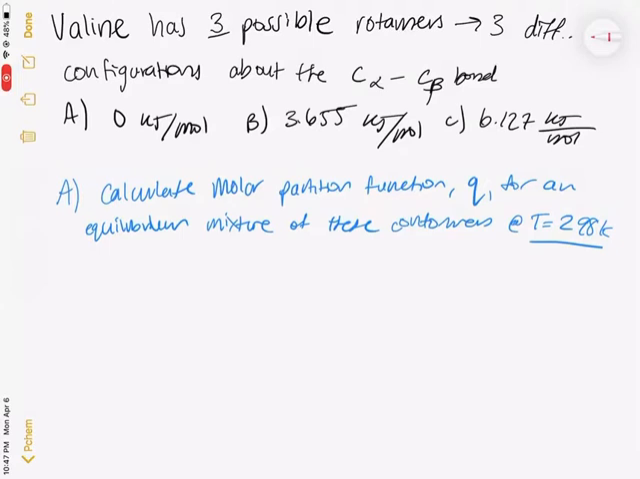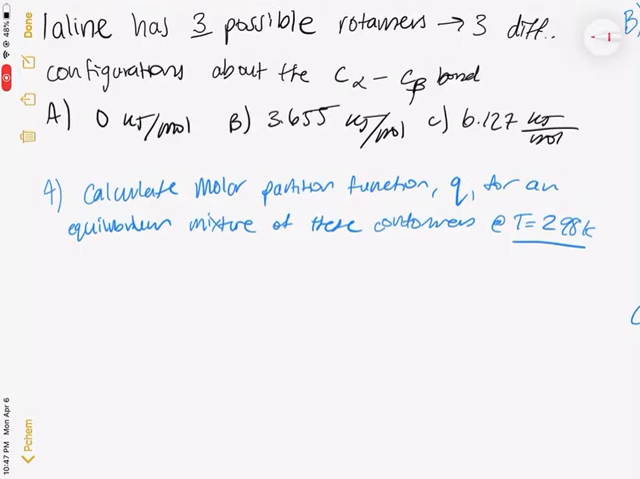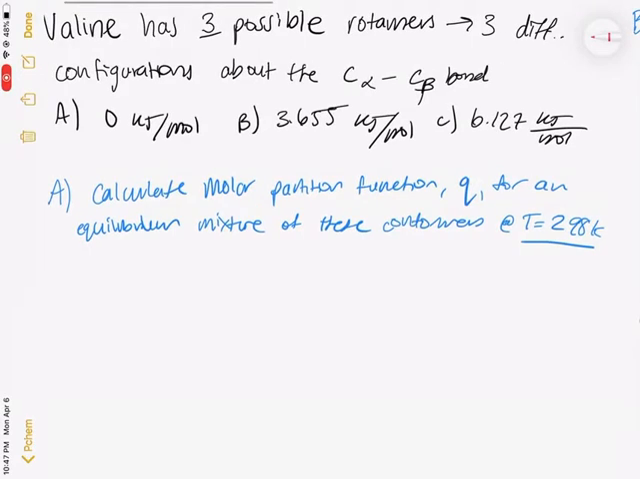Notice that the energies are given in joules per mole, so instead of using the Boltzmann constant, we will use R, the gas law constant, which is 8.314 joules per mole Kelvin, to solve the rest of these problems. The first problem asks us to calculate the molar partition function Q for an equilibrium mixture of these conformers